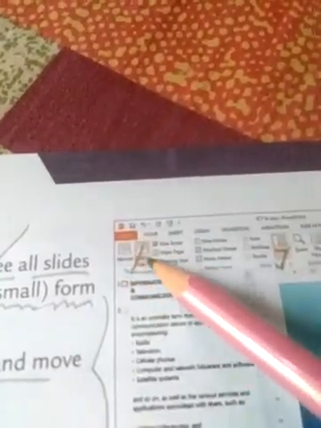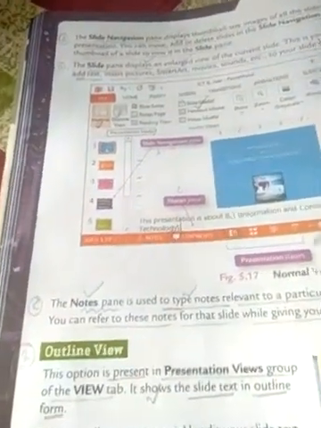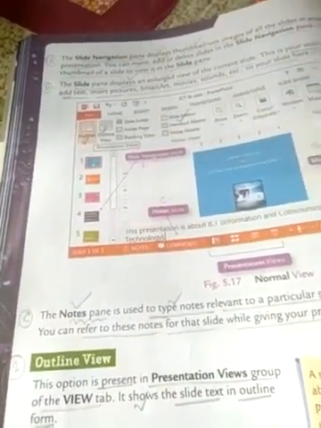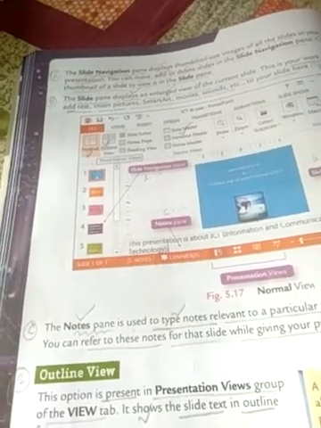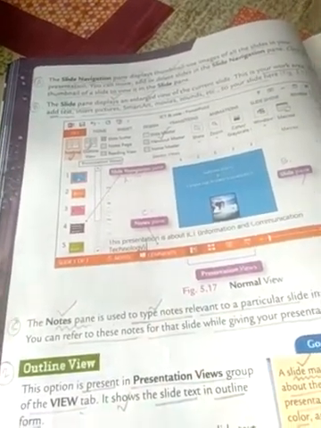Now the second type of view is called the outline view. This is the outline view button of the PowerPoint presentation. This option is present in the presentation views group of the View tab of PowerPoint 2013.